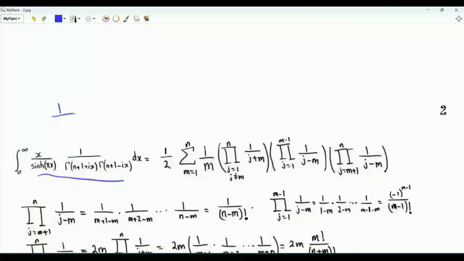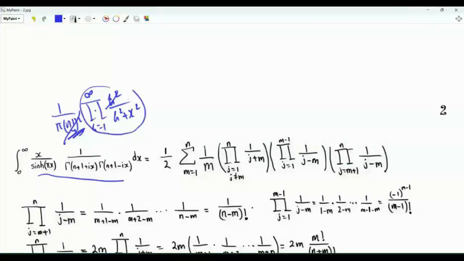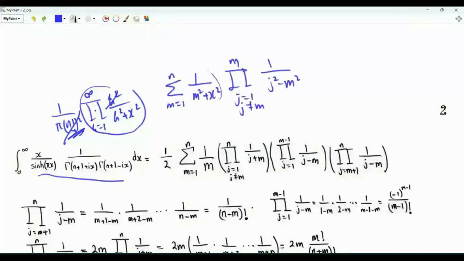So far, we rewrote the integral as 1 over pi n factorial squared, then a product. Applying the product to k squared gives us n factorial squared that will cancel this n factorial squared. We rewrote this product as a summation. Then we integrated term by term. After integration, this became pi over 2m. This pi goes away with that pi. This 2 is here. Now we have a summation m from 1 to n, 1 over m, and then this